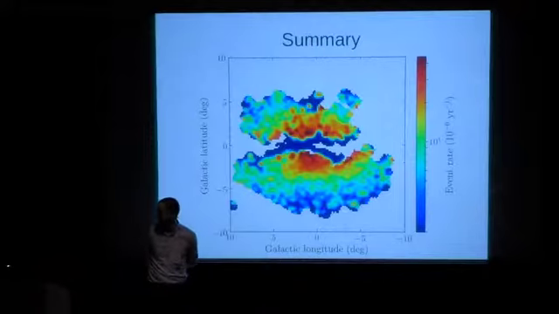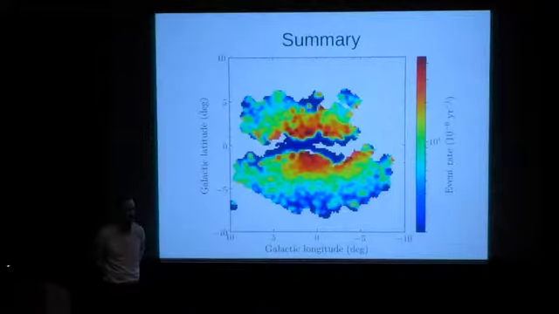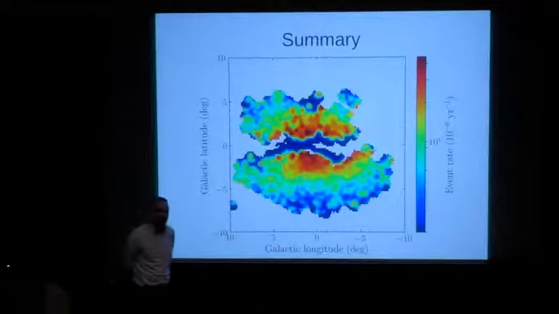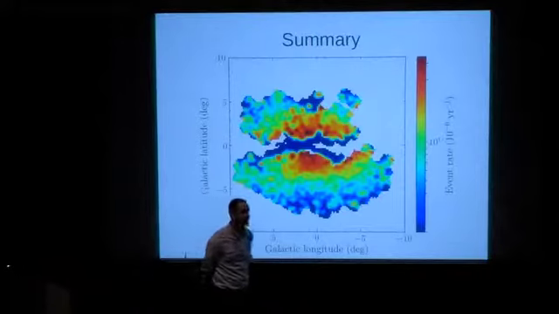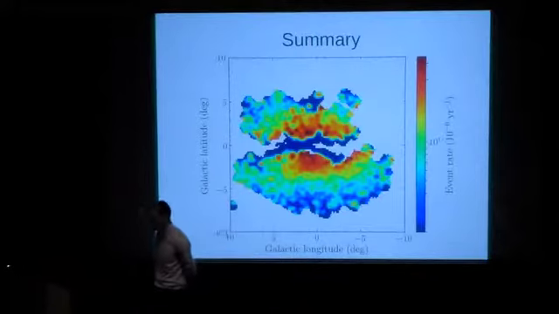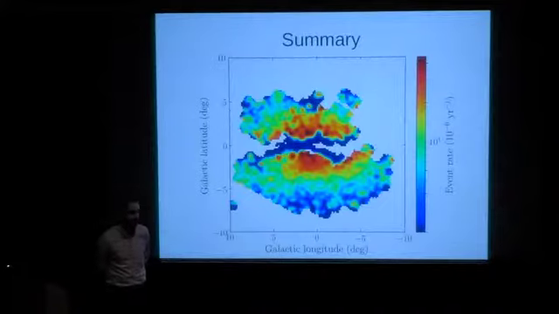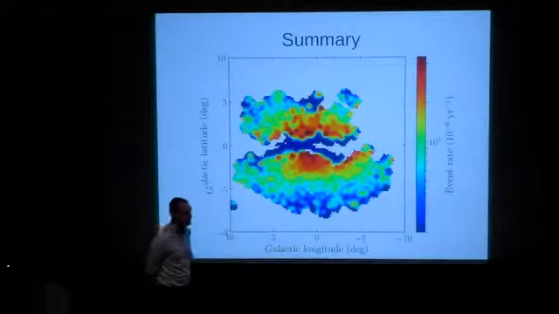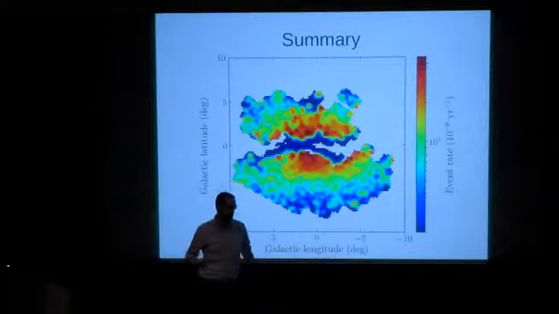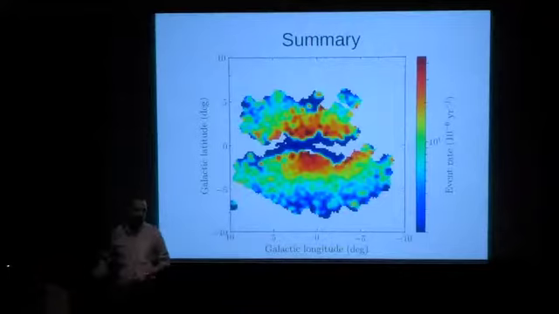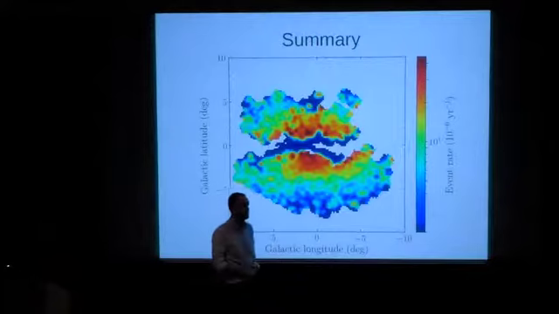Quick question, Yoshi. You had a plot showing both the SUMI event rate and your event rate. Do you find any differences, or is it just different resolution? In the central regions, there are not many differences, but the previous map is based on a small number of statistics, especially very far from the galactic center. Because we have many more microlensing events there, our map is more accurate in that region.